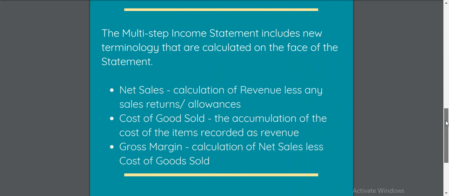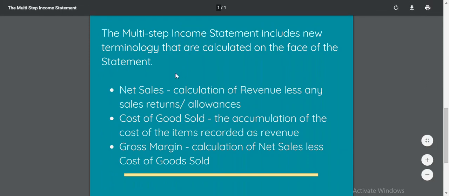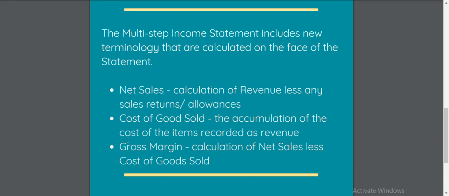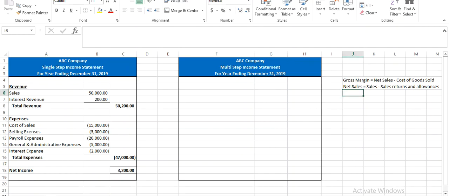With the multi-step income statement, you'll find that they have some new terminology that's involved. Whereas a single step was very basic, very simple, the multi-step now brings things into consideration like net sales, cost of goods sold, gross margin. All of these, you need to understand what they are so that you know how to calculate everything properly in the multi-step income statement. So this video, what we're going to do is go through how to translate the single